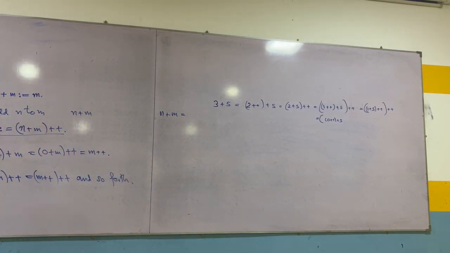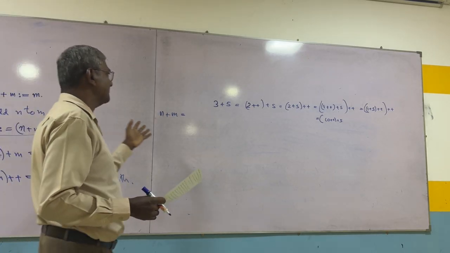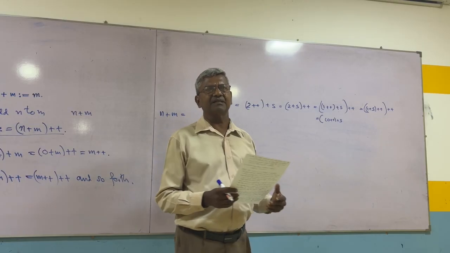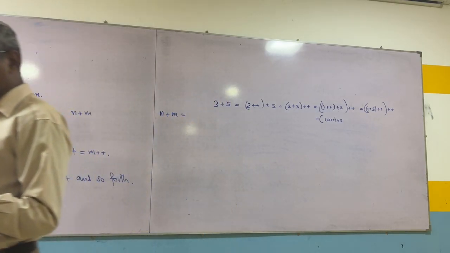What I'm saying is, 3 plus 5 is incrementing 5 three times, while 5 plus 3 is incrementing 3 five times. Two different things. Luckily we get the same answer anyway. Certainly they both yield the same value, 8, but what we are doing is different, according to this definition.